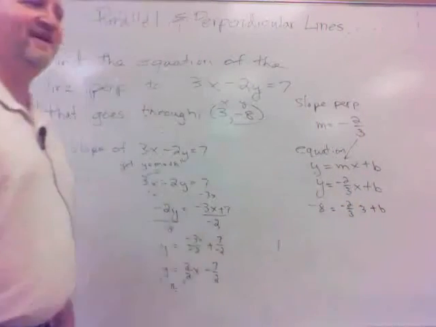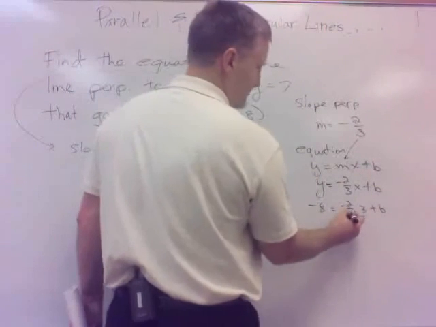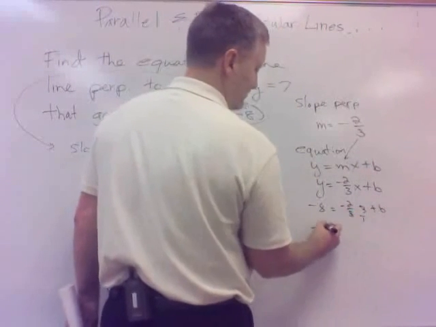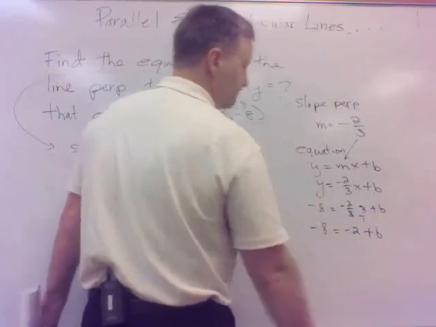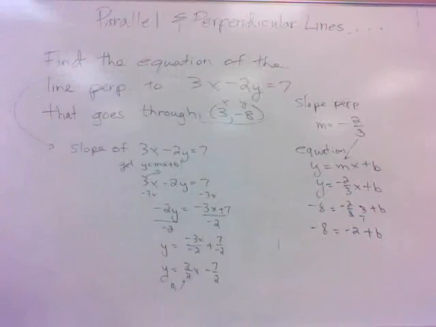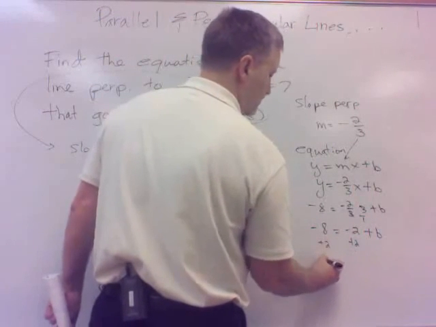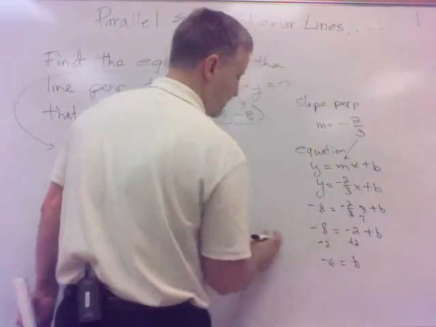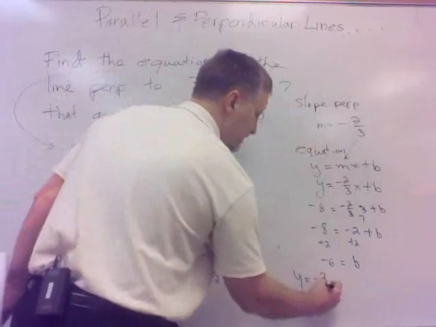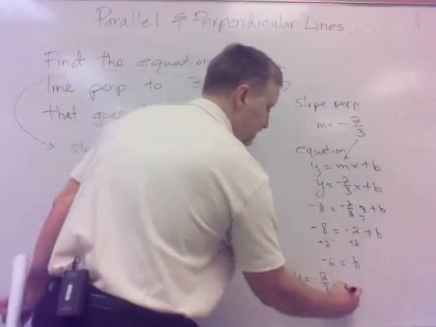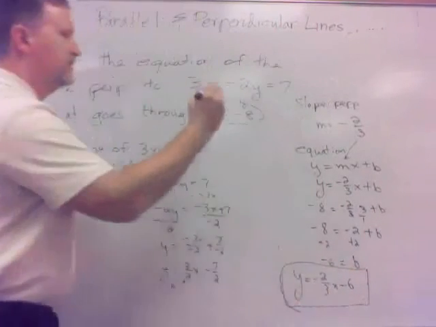I chose very nicely here, didn't I? One way you can look at it, the 3's cancel there, so that's just negative 2, isn't it? Of course, negative 6 over 3, which is negative 2. Either way, I get negative 8 equals negative 2 plus b, add 2, so negative 6 is b, so I got it. The y equals mx plus b for this line would be y equals negative 2/3 x, b is minus 6, so it would be minus 6 then. So that line would be perpendicular